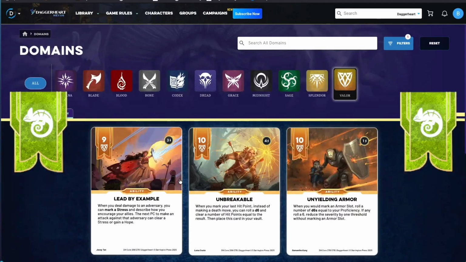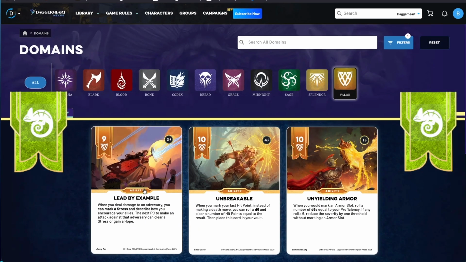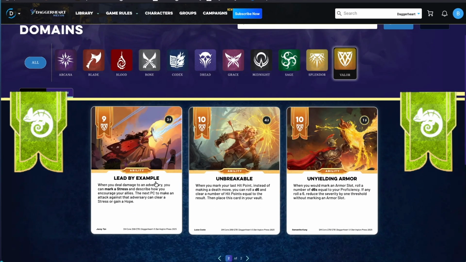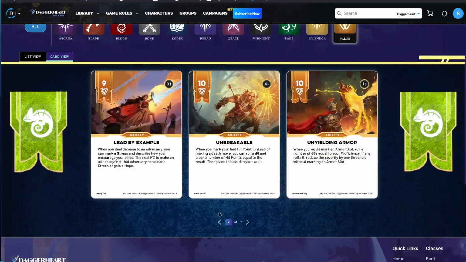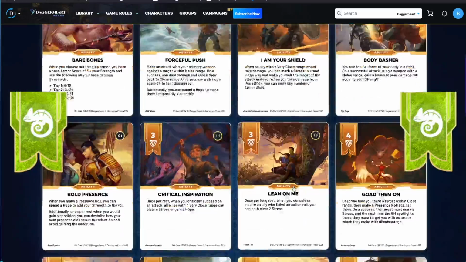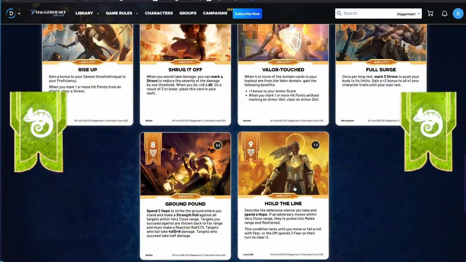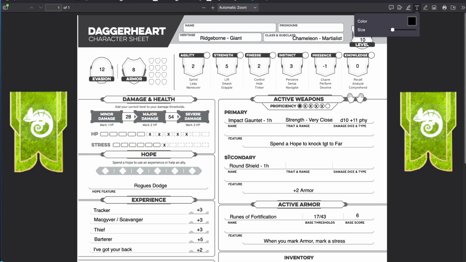That's also part of what that inanimate object feature does. Lead by example. When you deal damage to an adversary, you can mark a stress. Nah, we don't want to mark more stress. So hold the line, describe a defensive stance you take, spend a hope. If an adversary moves within very close range, hold in the melee restrained. This condition lasts until you move or fail a roll with fear. The GM spends 2 fear. Honestly, I think